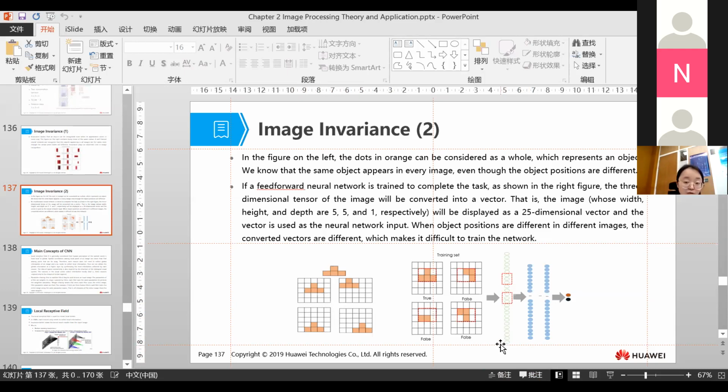That is the first problem. And for the second problem, we can have a view of this example. Here we got a training data set with 4 images. The label of the first image is true because there is the object in this image. And for the rest of these 3 images, the label is false because there is no such object in these 3 images. So if we use this kind of training data set to train the model, the problem will be